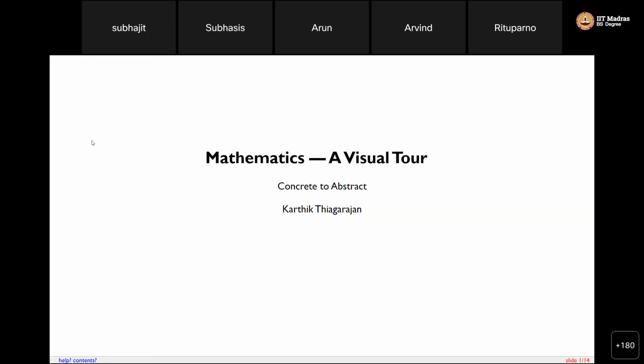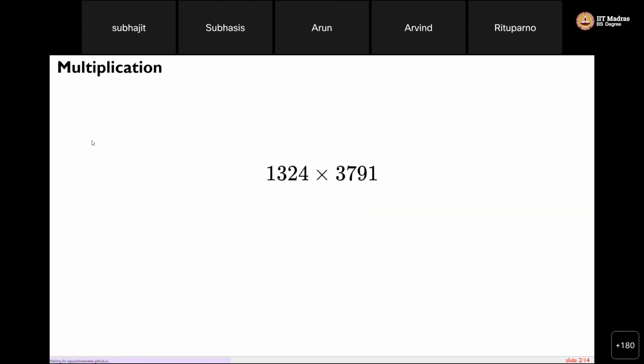The whole point is how can we understand some of these very simple concepts from a visual perspective. There'll be four themes. The first one is concrete to abstract, and we have a few other themes. But the glue that connects all of them is that we look at them through a different perspective, images. So how can we look at math through this different way? So the first theme is going to be,